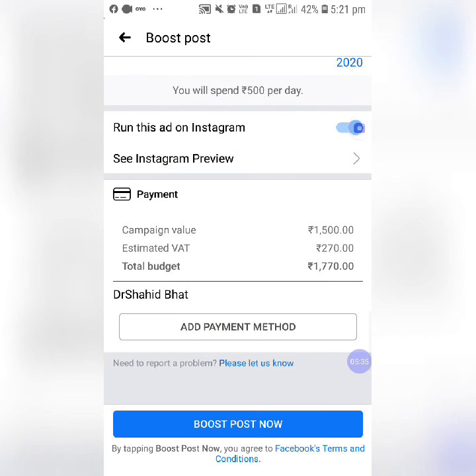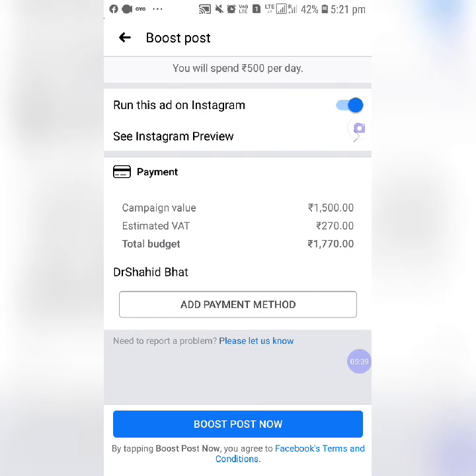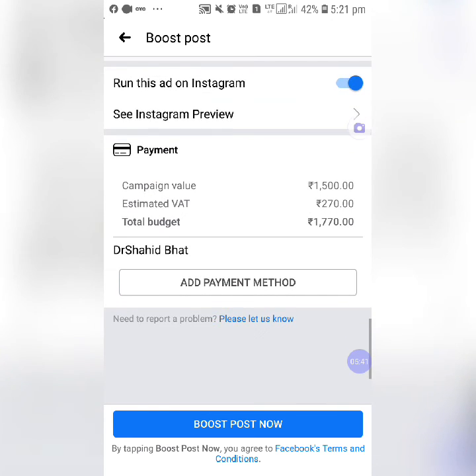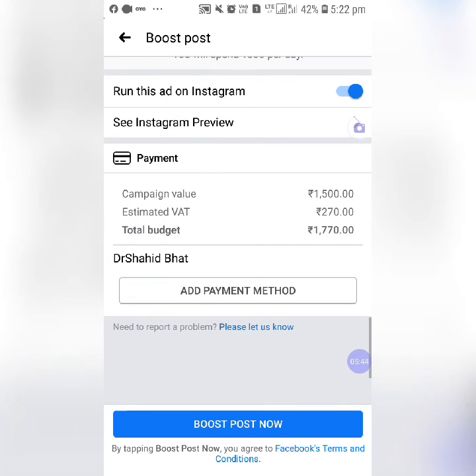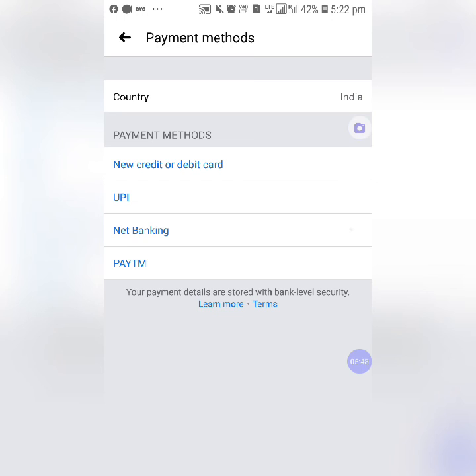There will be some tax, so total budget what we have to spend for this particular ad. And then next is country. Well, next is different payment methods are also visible there: credit card, debit card, UPI, net banking, Paytm. So it's based on our interest, based on our availability, we can make the payments.